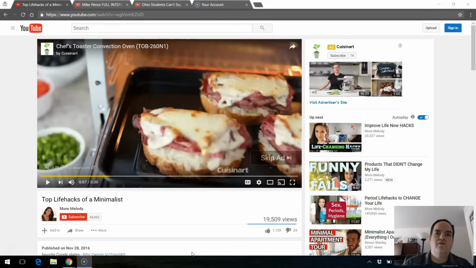Okay, so now I want to show you some different types of YouTube ads. This first one's a skippable ad. As you can see right here, there's actually 22 seconds into the ad. It has this little button that says skip ad. And guess what? If they hit the skip ad button before the timer times out, then you don't have to pay. Pretty cool, right?